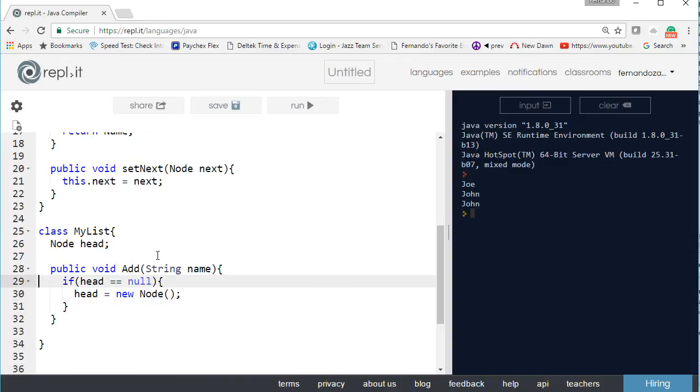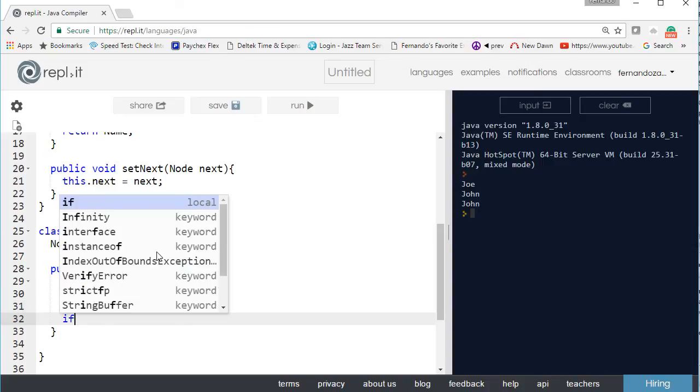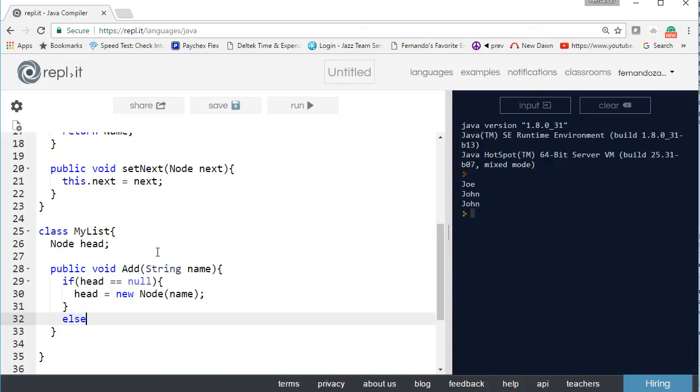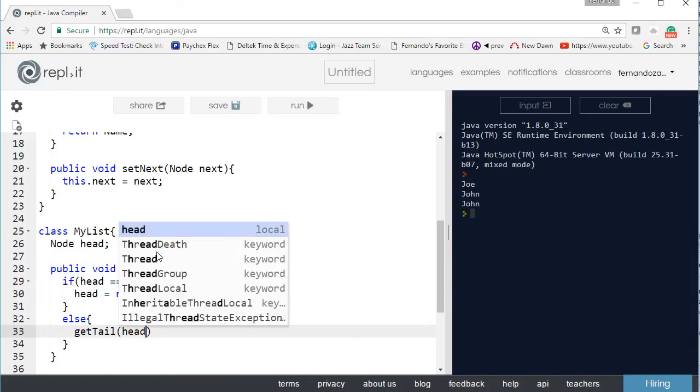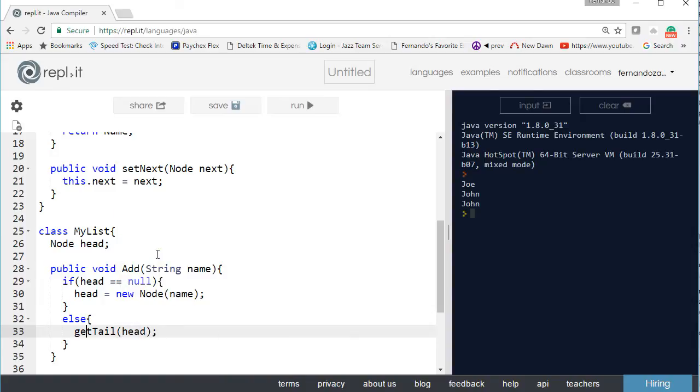So now when we add to the list, we say if head equals null, head equals new node, and we set it to the new node. And since we already have a constructor for it, we can say name, and it will be pointing to null. Now if the head is not null, we could walk our list, so we search for the insertion point, so we go and get the tail. So we can say get tail, and we can walk our way from a given node. We say get tail, we go from the head,